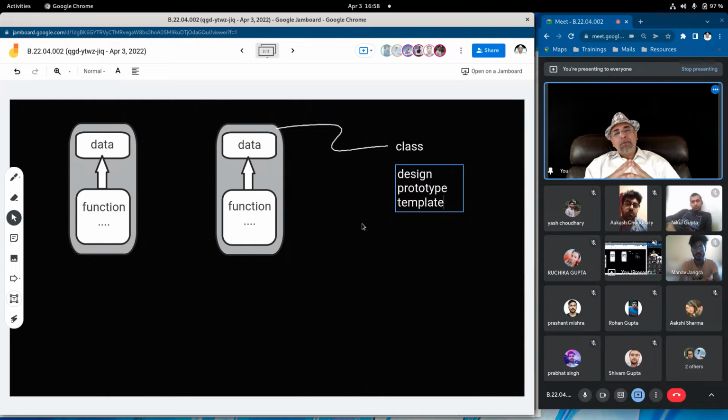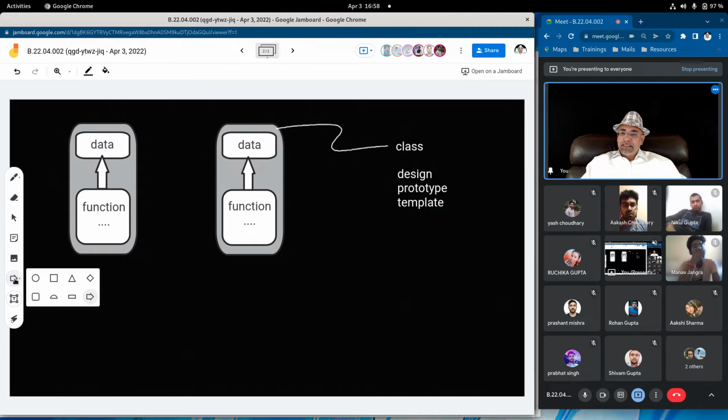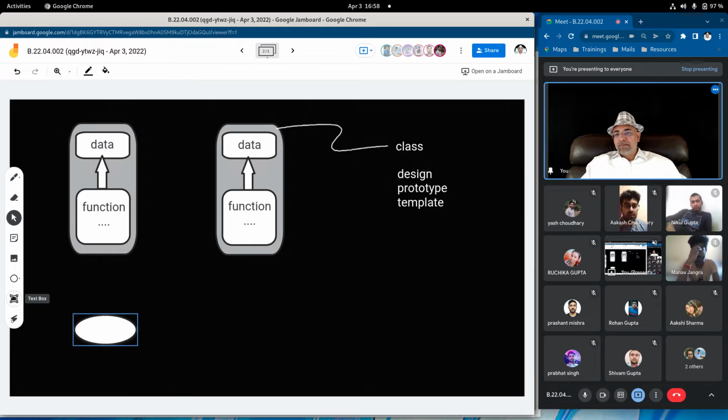It's a plan. But when you declare int i, it is the actual instance of int. Only when you declare i as an instance of int will the memory be allocated, isn't it? Similarly, the instance of a class could be declared. The instance of a class that is declared is called an object. Instance of class.